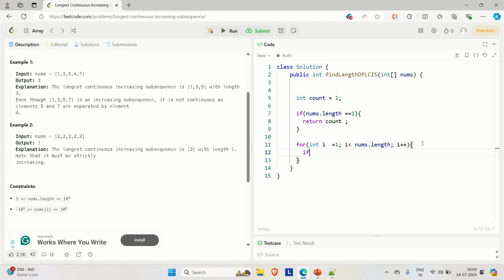So let's say if nums[i-1] is less than nums[i], then in that case we are going to increase the count. Okay,